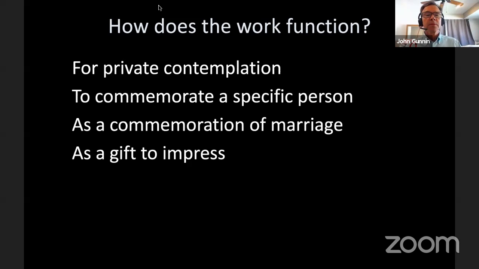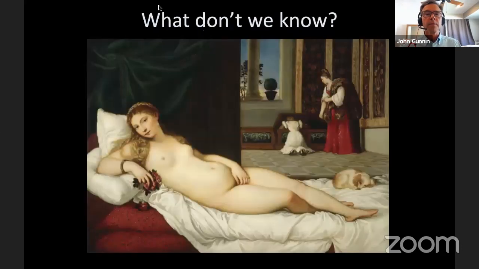And then in terms of the function of this art, this is not really a multiple choice question, although it looks like it. But hopefully you can see, or figure out, it wouldn't really be a commemoration of a specific person, because if you wanted to commemorate a person, you'd paint them in their Sunday best. But I think the best choice is the commemoration of marriage, because the iconography really alludes to the theme of marriage. Okay, so